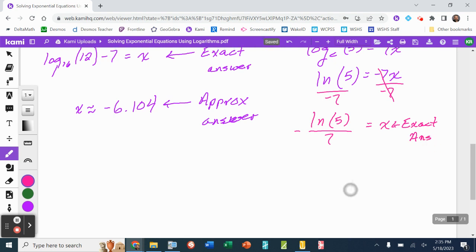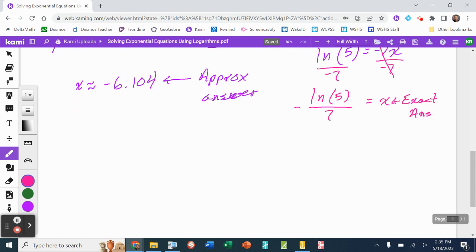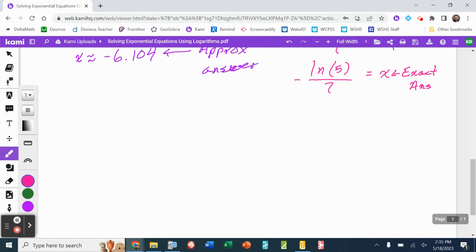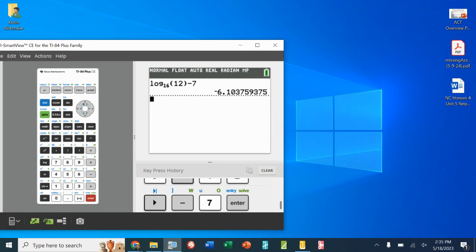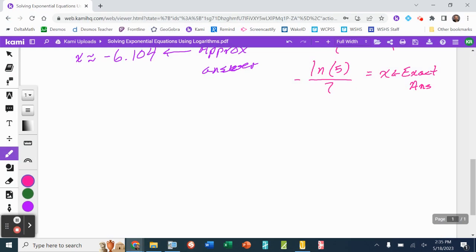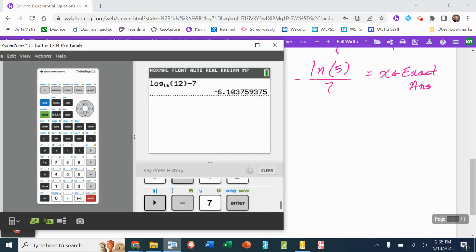However, if you're asked to evaluate and say round to 3 decimal places, that's when you're going to come back to your calculator, and we'll just enter that expression into the calculator. So here I'm going to press negative. I've got natural log. So there's no need to use the log base when I've got a natural log. And I'm taking the natural log of 5 divided by 7. And I already put the negative in there. And so we get that this is about negative